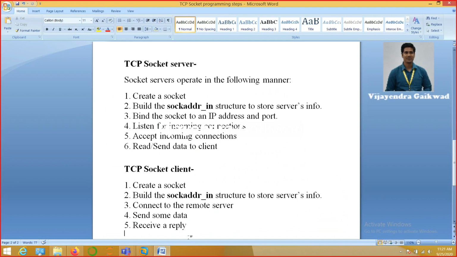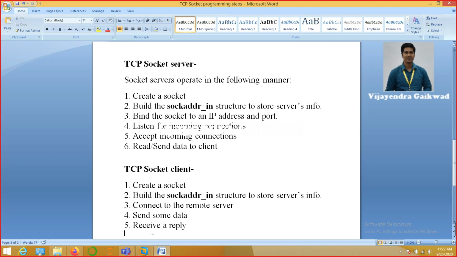Okay, so to begin with, TCP sockets usually work in these six steps. You must be knowing that whenever we have to transfer some data from the client to the server and back from the server to the client, in case of wired connection, we have to establish the connection first from client to server.